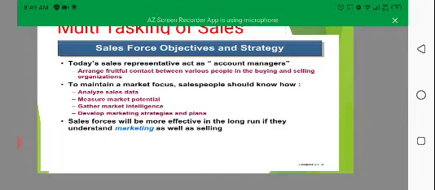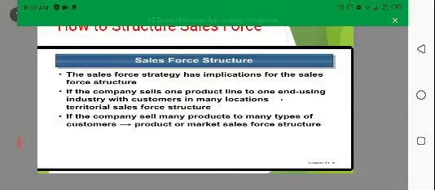Gathering marketing intelligence, the same as marketing research, and developing marketing strategies and plans. These are the main objectives of the sales force. In the long run, the sales force also understands the market as well as the selling. Now,